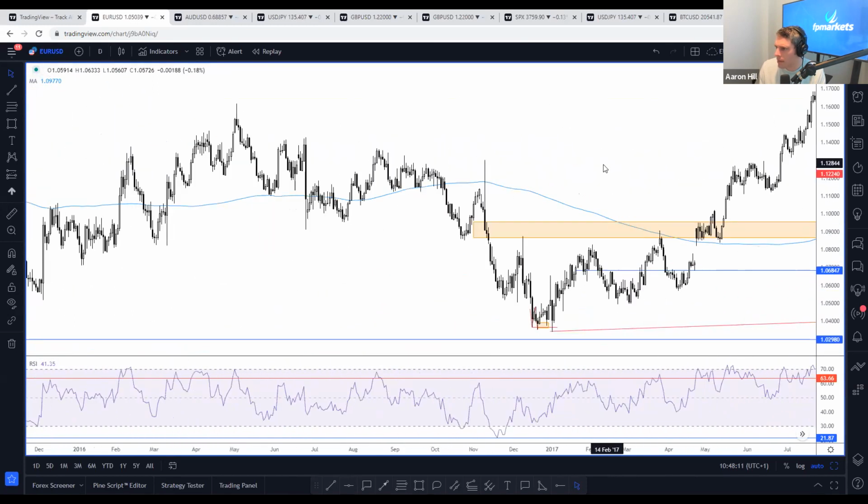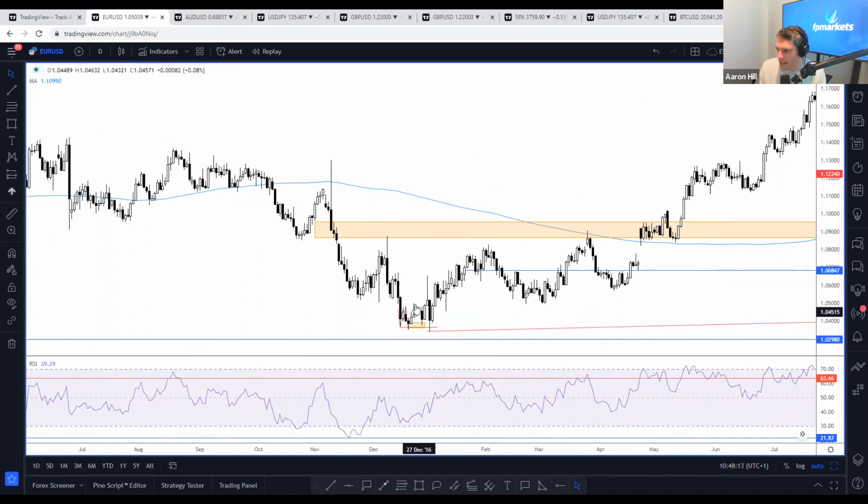So there was the other one. Once that's out of the way, this is the H4 area. Once that's been tapped, if you will, we then move our next Quasimodo formation to here.